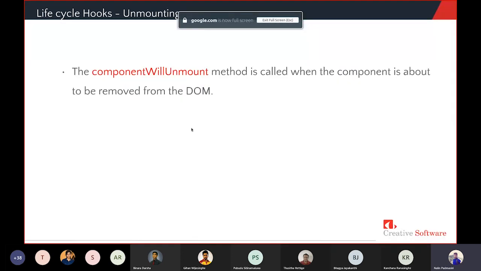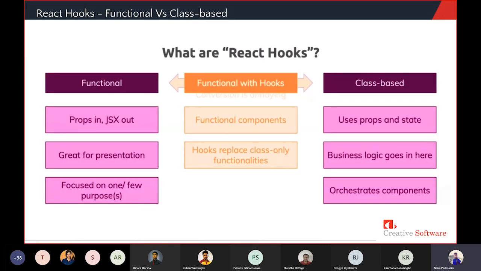That's all I wanted to show on the class-based components. If you understood well, then I will move to the next part, which is the class-based components versus functional components comparison.